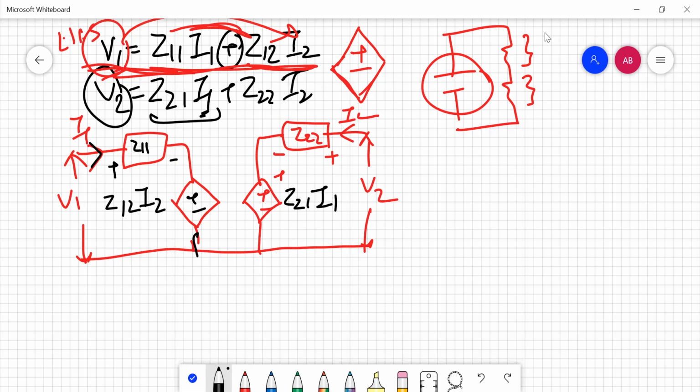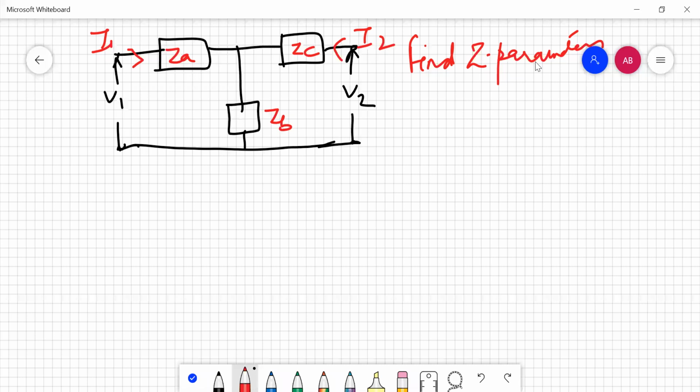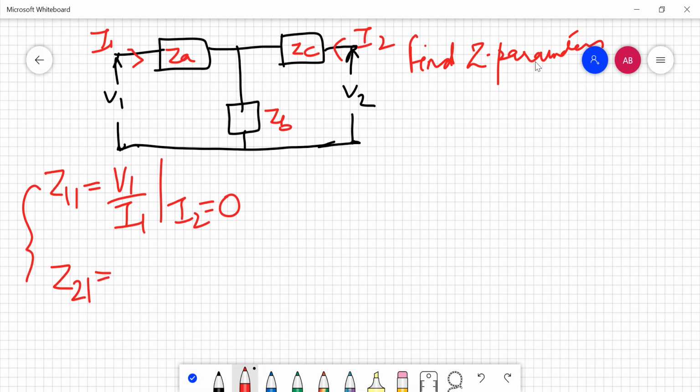Now we are going to start with the numerical of the Z parameters. Here we have to find the Z parameters of this circuit. The very first thing you need to do is write down the parameter definition, that is Z11 will be equal to V1 upon I1 for I2 equals 0. And similarly Z21. These two should always be calculated together, because the circuit of both is the same, as it makes the output side open. So I'm going to define them and find them together.